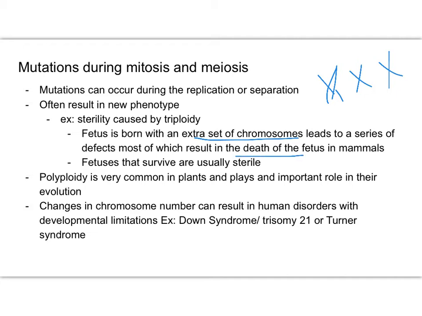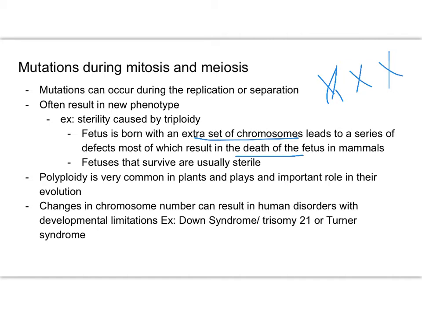And the ones that do survive are usually sterile, because they don't want that to continue. They don't want that to reproduce. Sometimes in plants it's called polyploidy, where the plants end up with these mutations. It's not a bad thing. It can be very important to their evolution by adding or removing particular chromosomes from their DNA set. A lot of plants that are cultivated agriculturally have experienced some sort of this polyploidy. Wheat, strawberries, bananas all have.